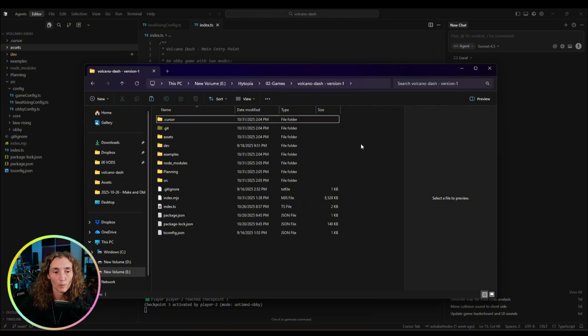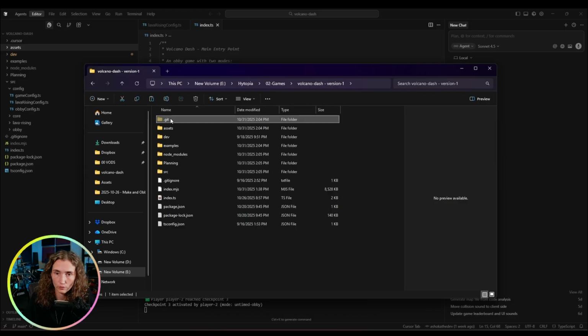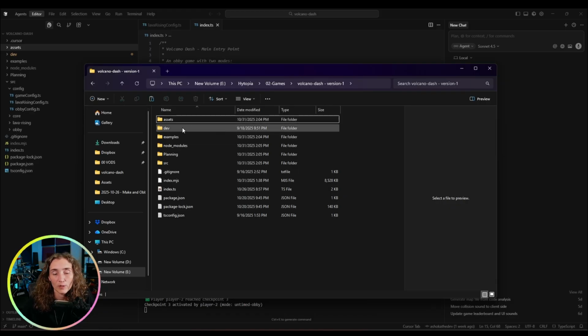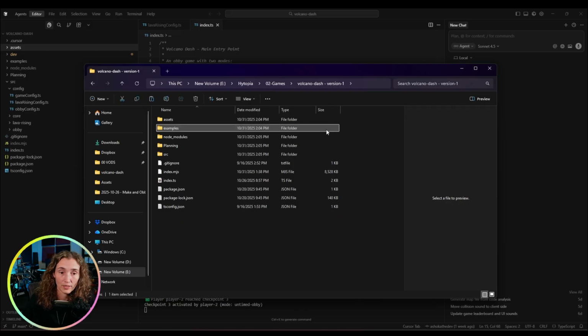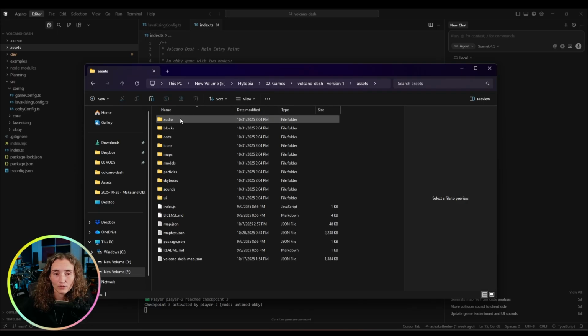part of the package. So I'm going to delete our .cursor folder. I'm going to delete the .git folder. This is just our version control. We don't need all these files as a part of this. I'm going to delete the dev folder. I don't need that. And then in the assets directory, you might remember that it automatically imports a bunch of